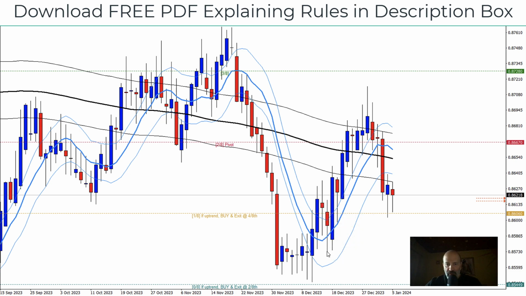Even though it can go down, we are still looking for an upward bias. So as you can see, upward bias, upward bias, upward bias. There's nothing that makes us change our mind. Now here on this candle, we have a